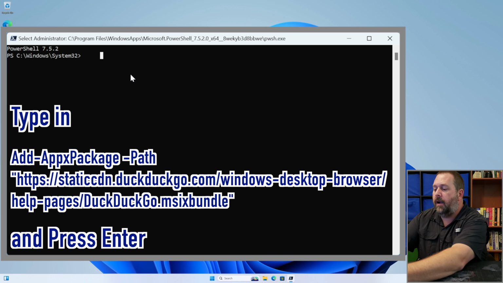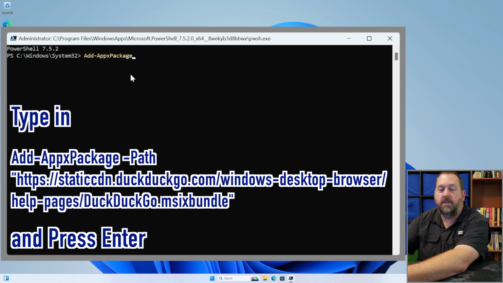But right here, I'm going to type in Add-AppxPackage. And then I'm going to put a space. I'm going to put -Path, and then a space, and a quote, and then I'm going to put this web address. Now, I know it's kind of lengthy, but it will work, and I've tested it. So the web address is